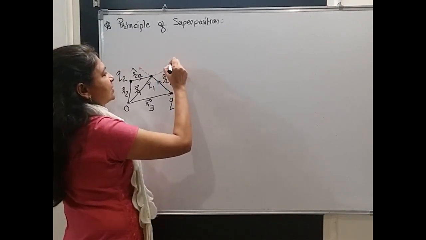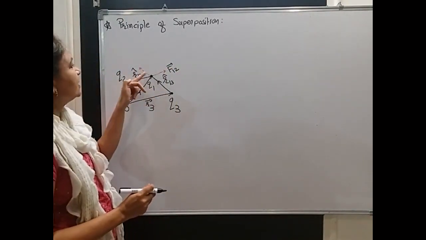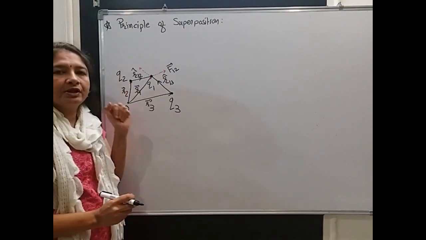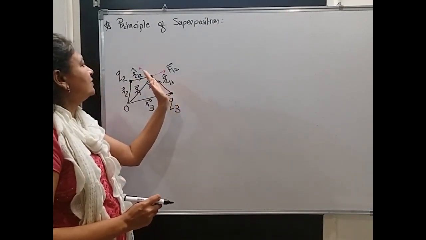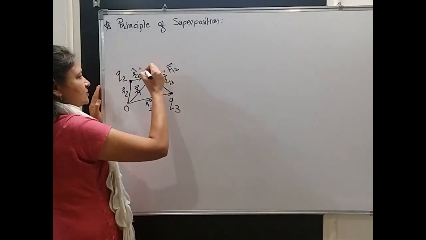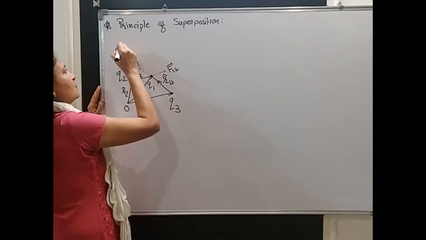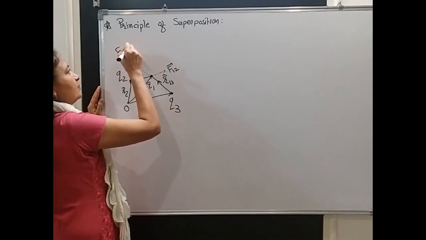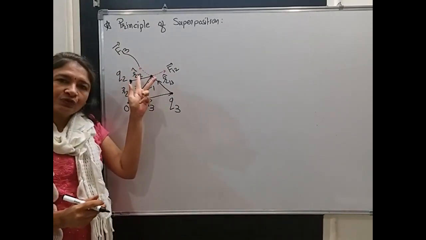So this is the direction of vector F1. Similarly, Q1 and Q3 both are like charges. Once again, Q3 will give a push to Q1 along the line joining them. So this red line gives you the direction of force on 1 by 3. Okay, so here two forces are acting.